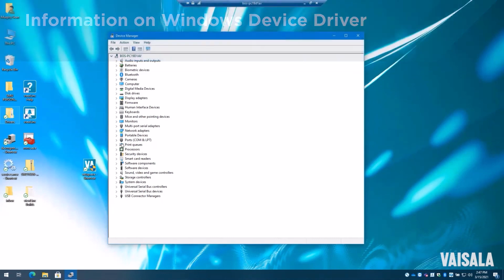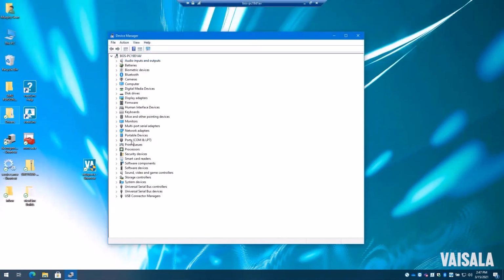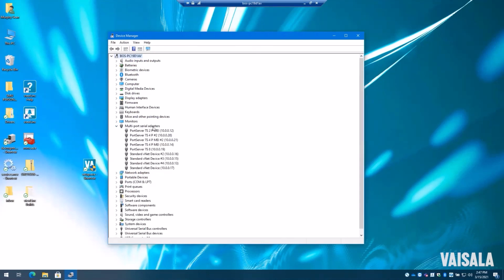That's a VNet, and it's mapped with a COM port that's COM33. So on this system here, we should actually be able to see and interact with that virtual COM port driver. So when I take a look at multi-port serial adapters, I will actually see on the list standard VNet device number 4.